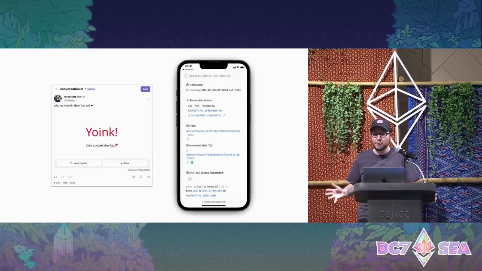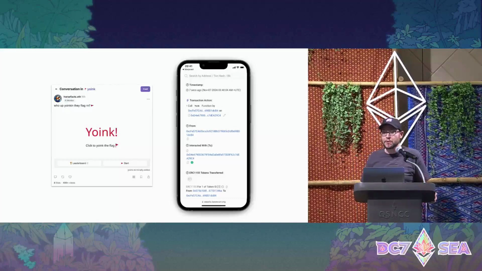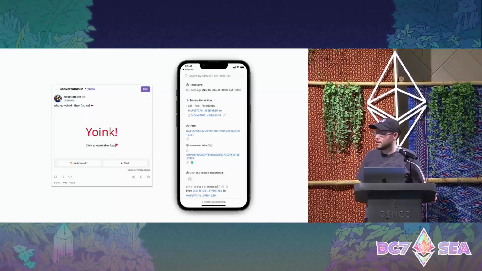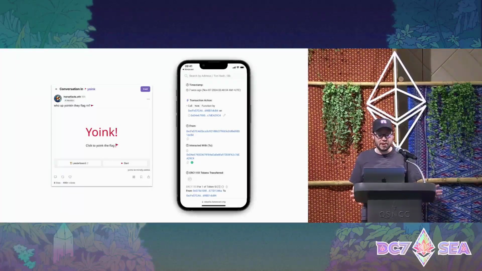It can be really hard, if you've built something, just to get it in front of users who have a connected Ethereum wallet. So frames help solve this problem by helping your app get distribution. They enable you to embed interactive calls to action and Ethereum transactions directly in the Farcaster social feed so you can reach users where they are. We have right now around 50,000 daily active users on Farcaster, and creating a frame is a great way to reach them.